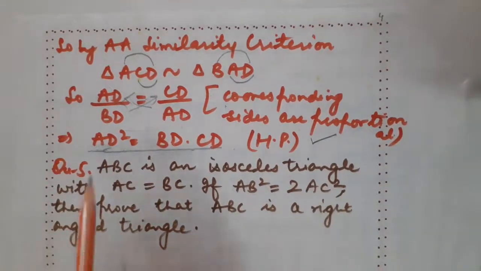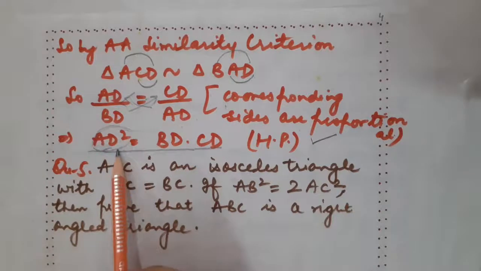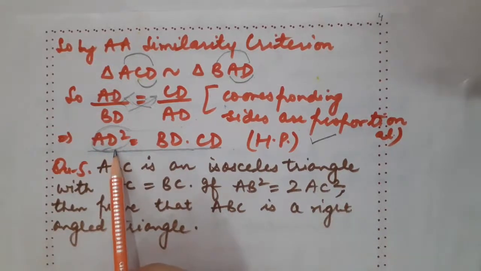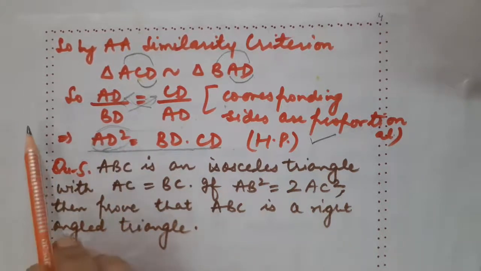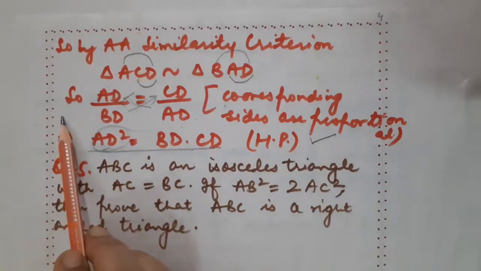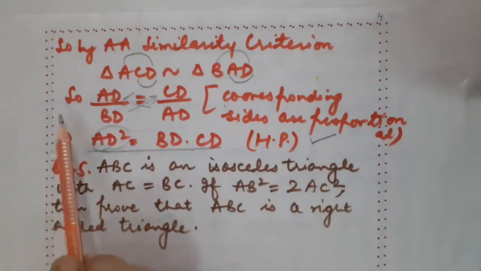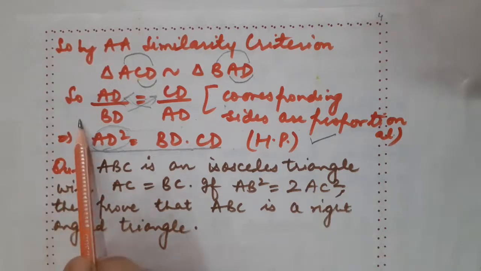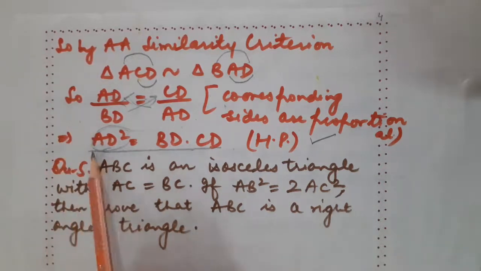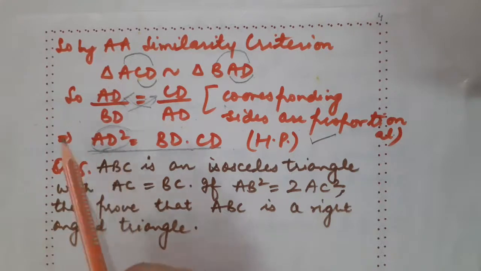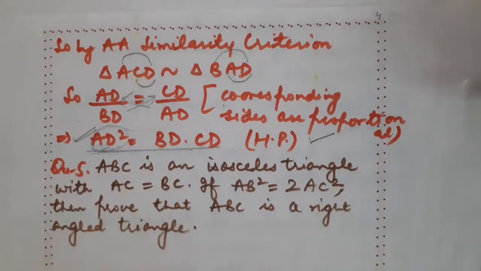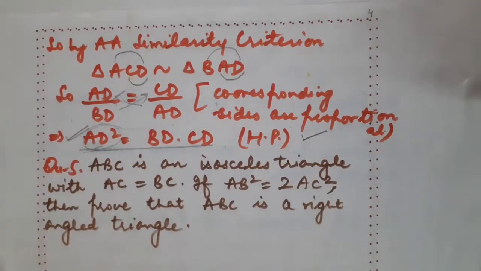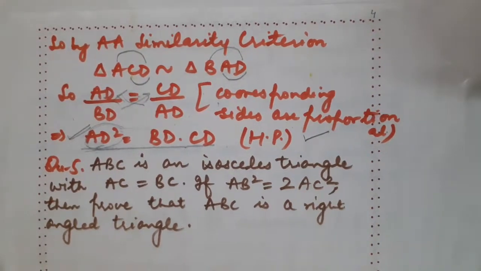Clear children? So this to prove will help you basically to choose the right triangles. That depends on which particular side square is demanded in the question. You may take two small triangles also, prove their similarity. You can take one small, one bigger also. You can take another small, the bigger one also. So that depends on your appropriate choice only, and this to prove will help you to choose the right triangles. Got it? Okay, now I am going to take one more problem based on the same theorems.